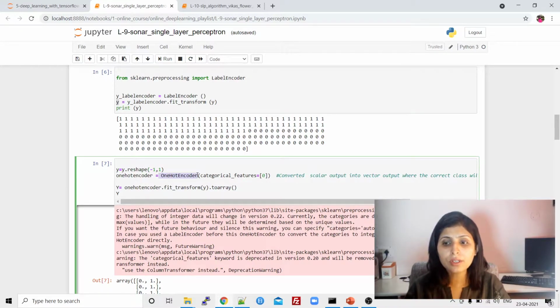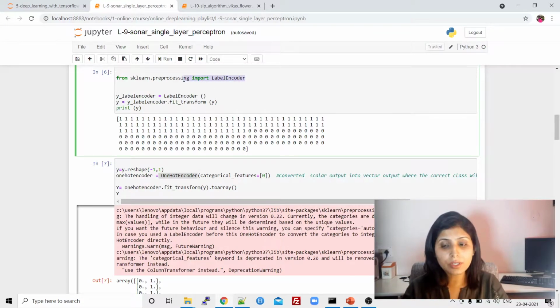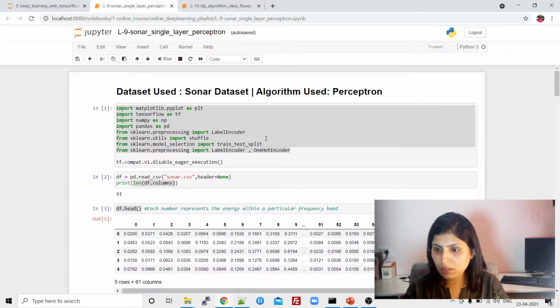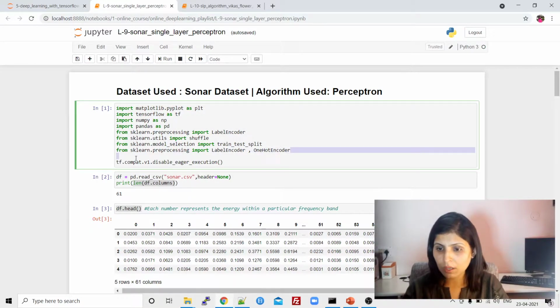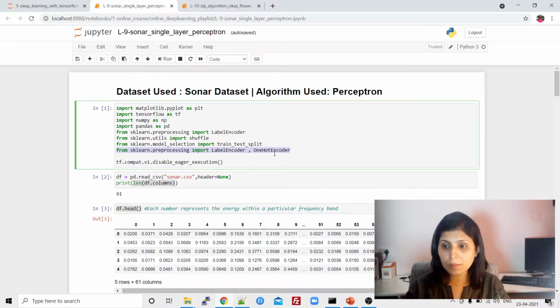One hot encoder, right? In the same way as I imported the label encoder, we'll import the one hot encoder. Let me show you. Maybe I have used it above. See over here, I have already imported the label encoder and one hot encoder in the very first line of the very first cell of my Jupyter notebook.